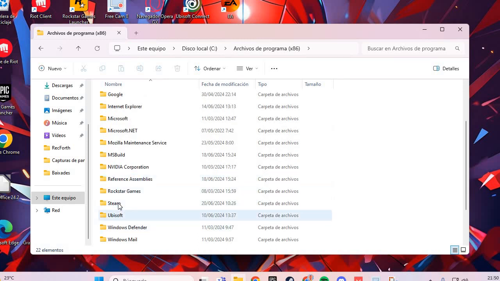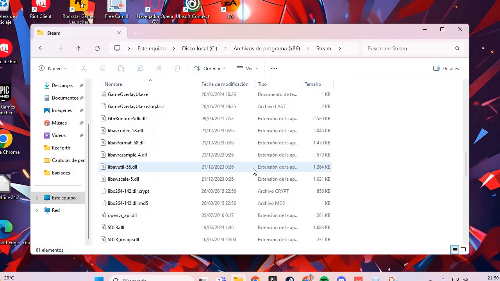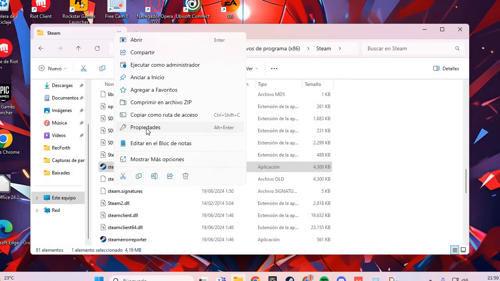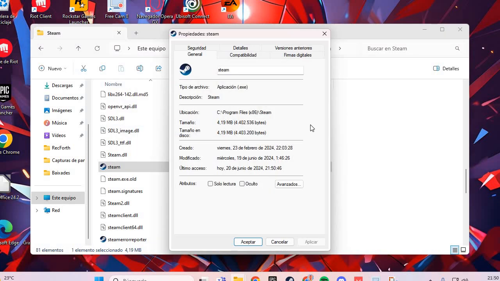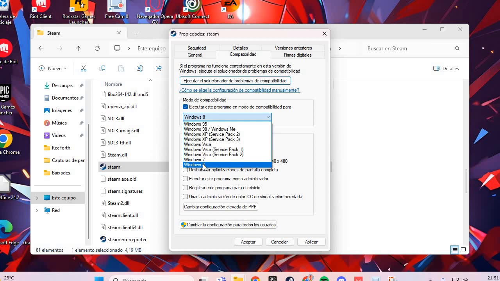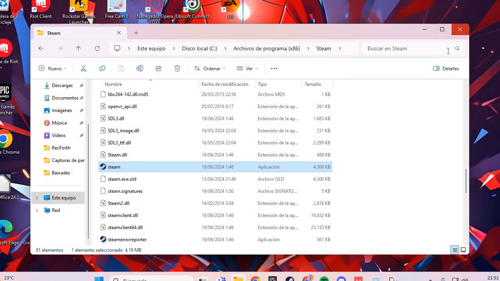For example, I go to the Steam folder, you go to Dark and Darker, and here you go to the .exe of Dark and Darker, right click and go to Properties. Here you go to the Compatibility option, and you select Windows 8. Then you check the option Run as administrator, apply and accept, and you reboot your PC and start